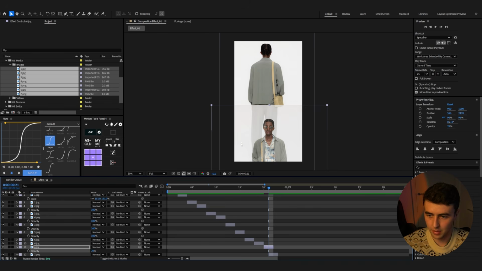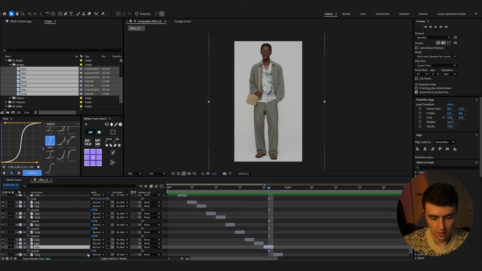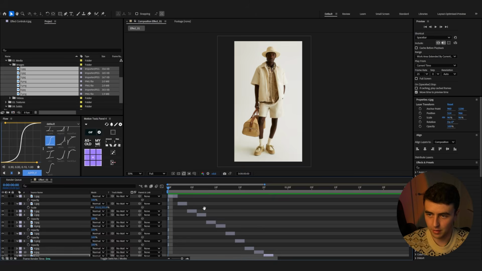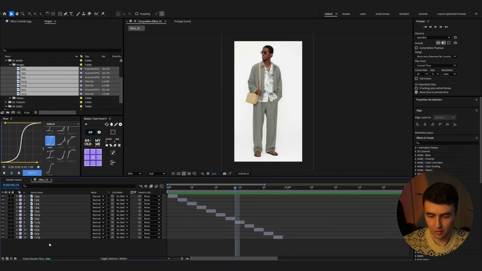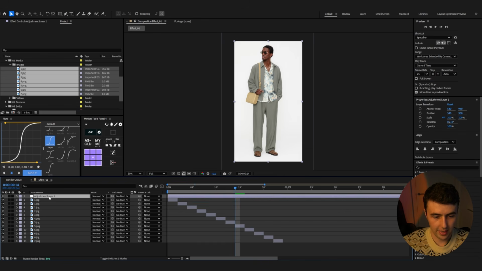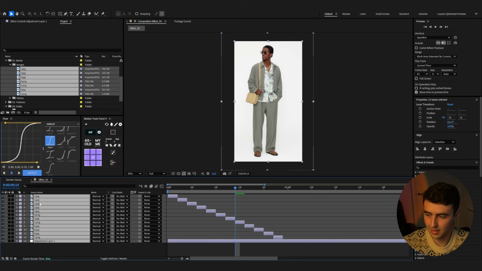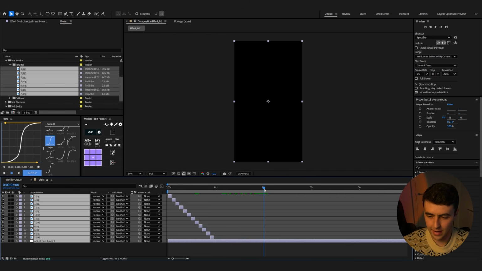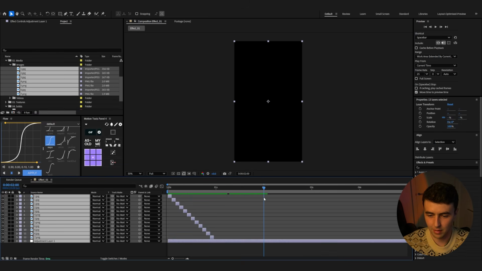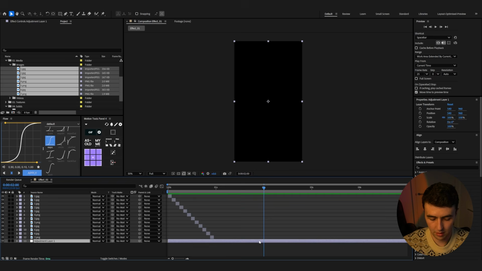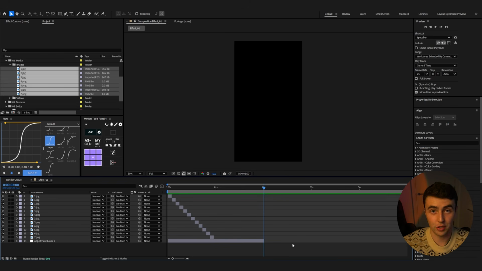Just bring down our opacity a bit just to match them up, and then bring our opacity up. So now it's looking like this, still super quick, and you don't know what's going on. So what we're going to do is right click, add in a new adjustment layer, and select all this. At around 2 seconds, we're going to double the duration of all these clips that we made. So we can just Control Shift D, sorry, and select all these now,